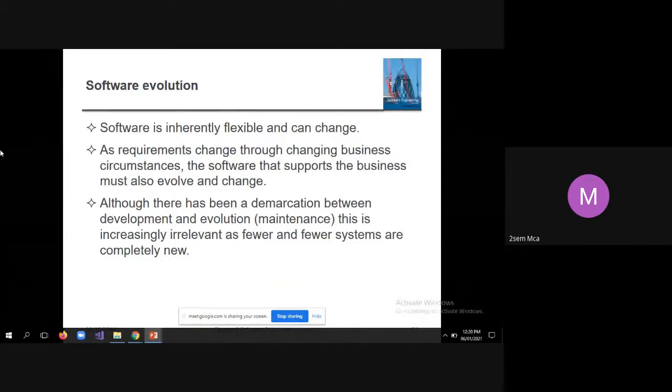See, when software evolution happens, you cannot replace one software with another software. That very rarely occurs. Say, for example, you have delivered one software system to your client, and you have used PHP. Now his business has evolved and he has come up with new requirements. Suppose, using PHP as a language, that functionality cannot be implemented.